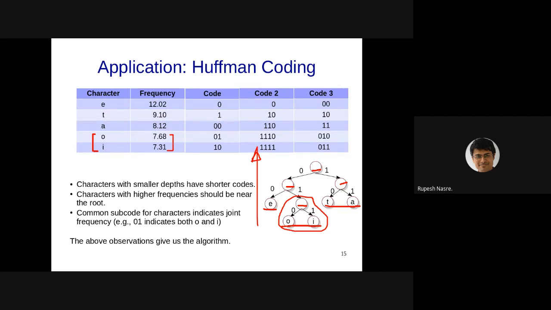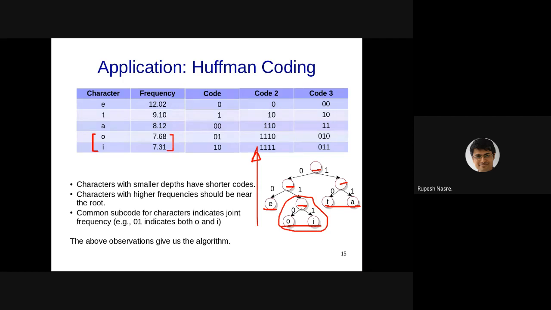There is a small catch here, which is indicated using this O and I, as well as T and A. I'll come to that. The higher level idea that both Abhishek and Aniruddha have given seems to be reasonable, but there is one small change required, one small twist required. Right? So let's understand that.